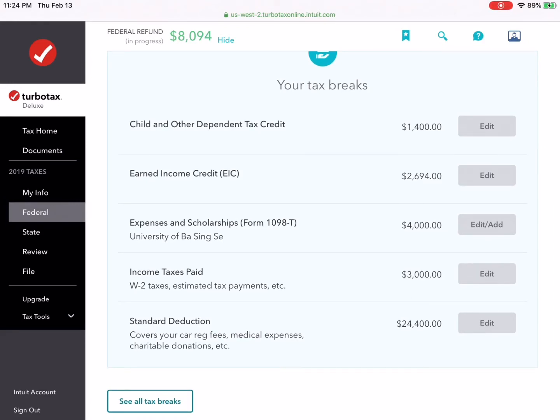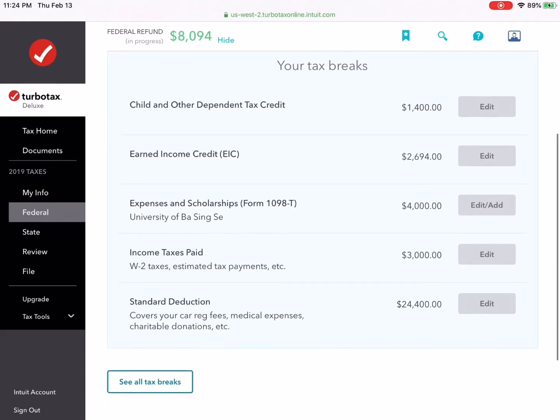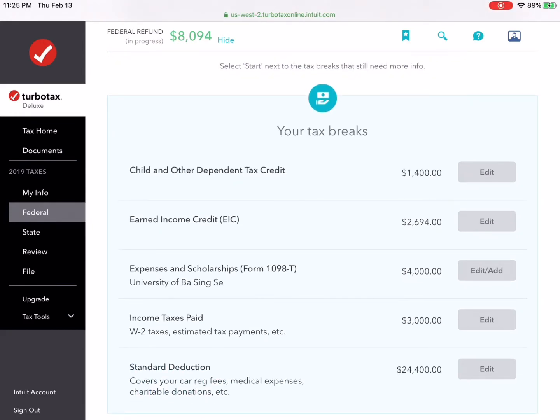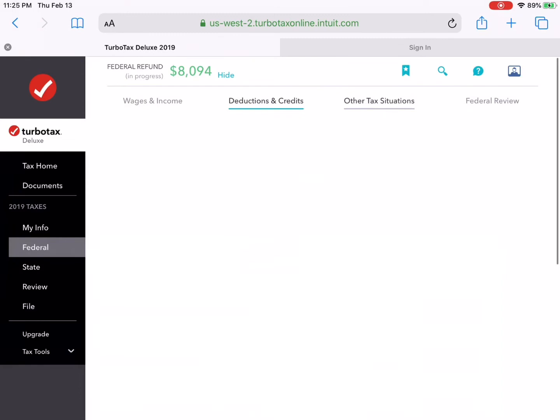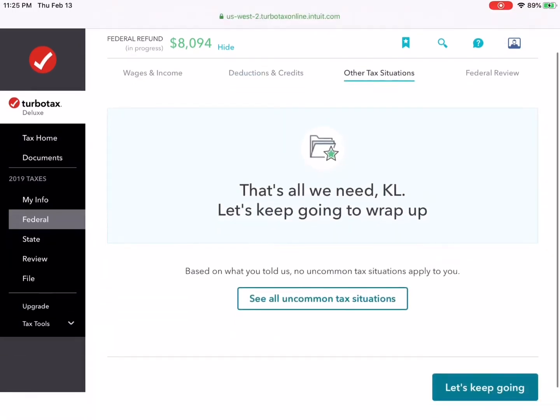$2,000 is the child tax credit, but most of that's non-refundable. When you get this $1,400 tax credit, it's the additional child tax credit, and it's essentially the refundable portion of the child tax credit. That wasn't really information that you needed to know, but there you go. So ultimately, I'm kind of disappointed in the lack of calculations. I guess they can't really show you how they're calculating things, because then you might just use their calculations and file it yourself. Other things that I did like, the other tax situations, they're rare things, but see all uncommon